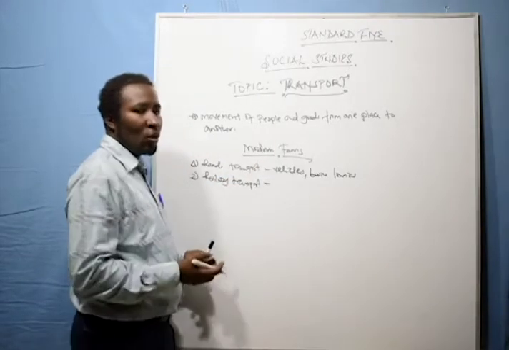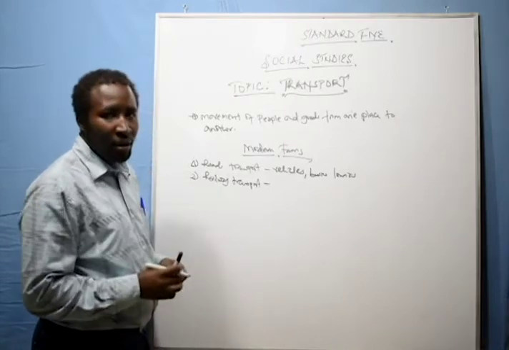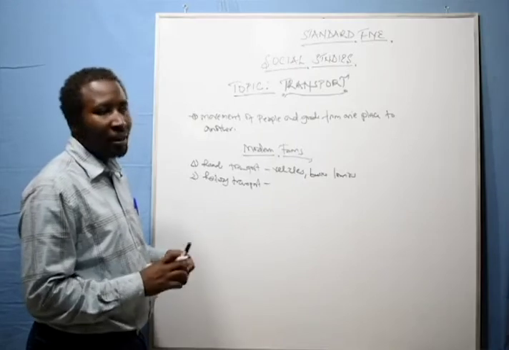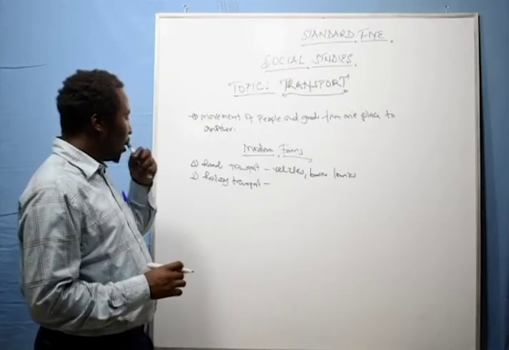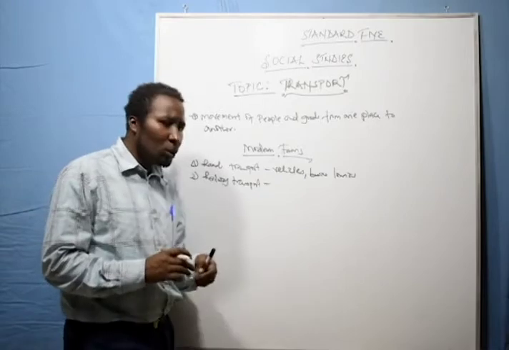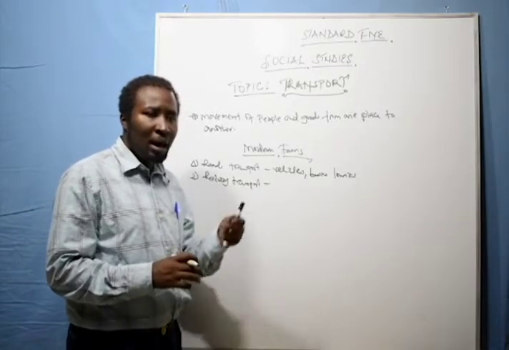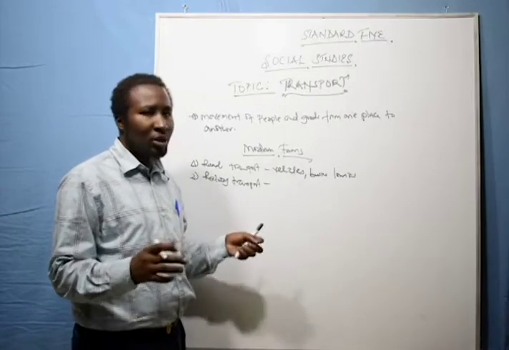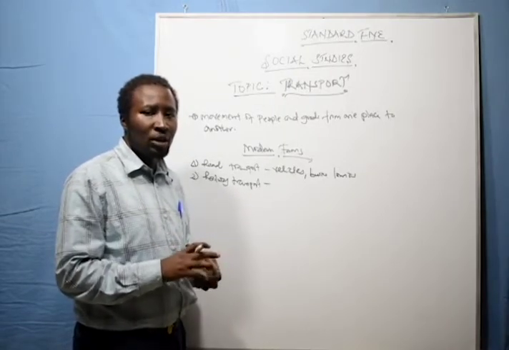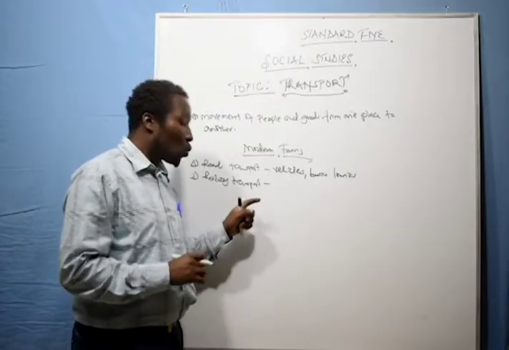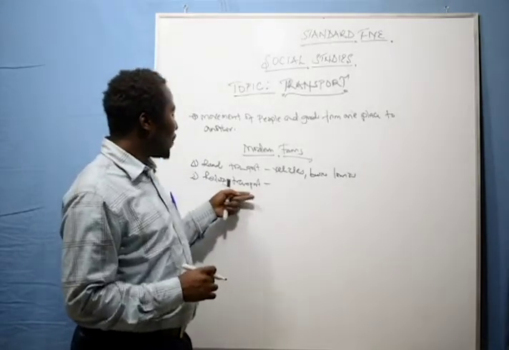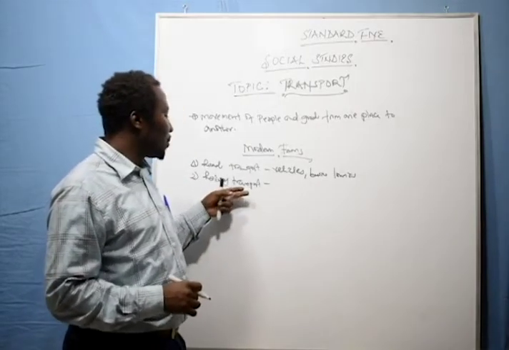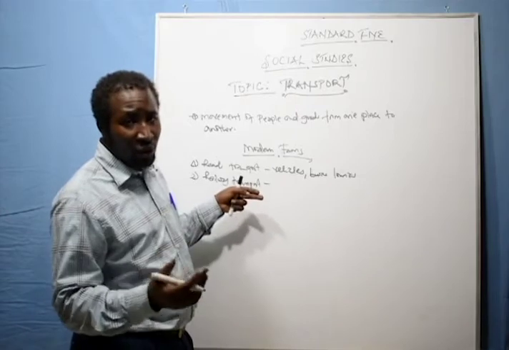For example, right now we are talking about the SGR, the new SGR railway that was created or came by President Uhuru Kenyatta, which was an expansion of the former railway line, whereby this time around our railway transport has been improved thanks to the Jubilee government. That's one of the achievements, whereby they've improved our railway transport, and it has been a bit faster than the way it used to be.